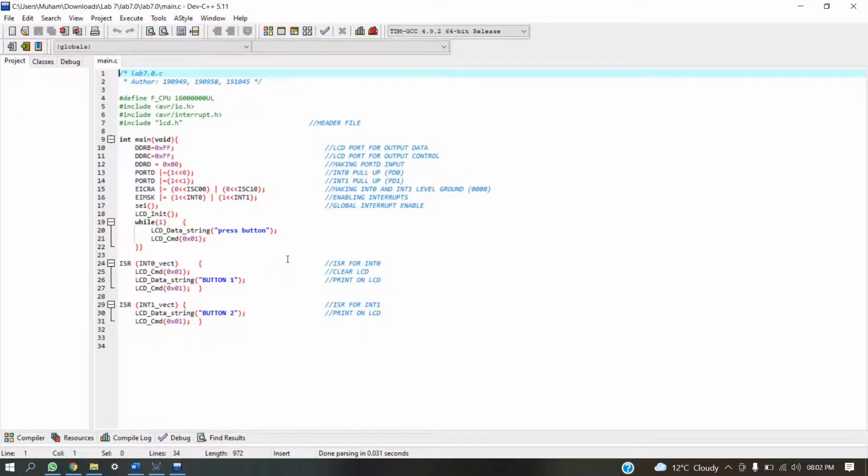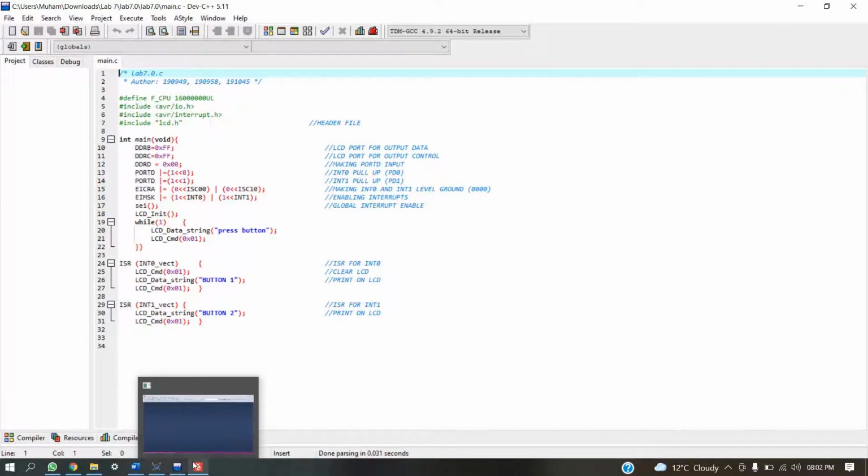So basically, this is the file that we are using. It has opened our file in C++.